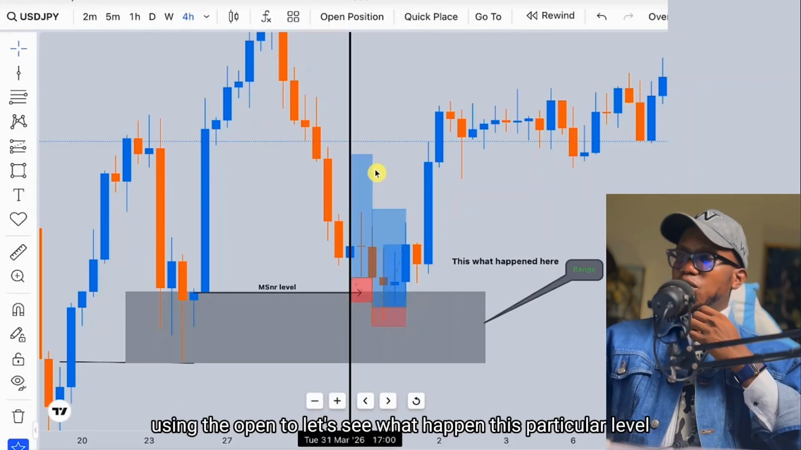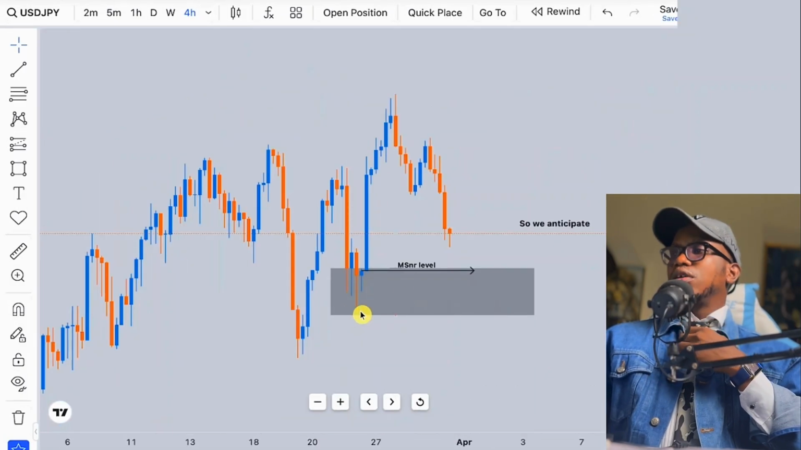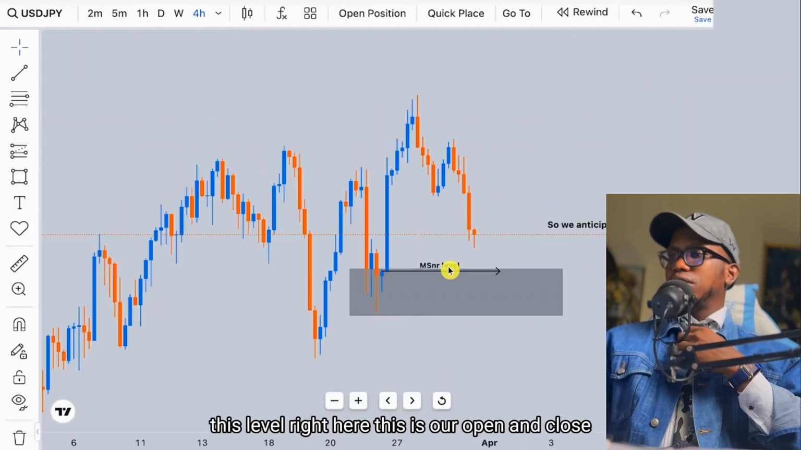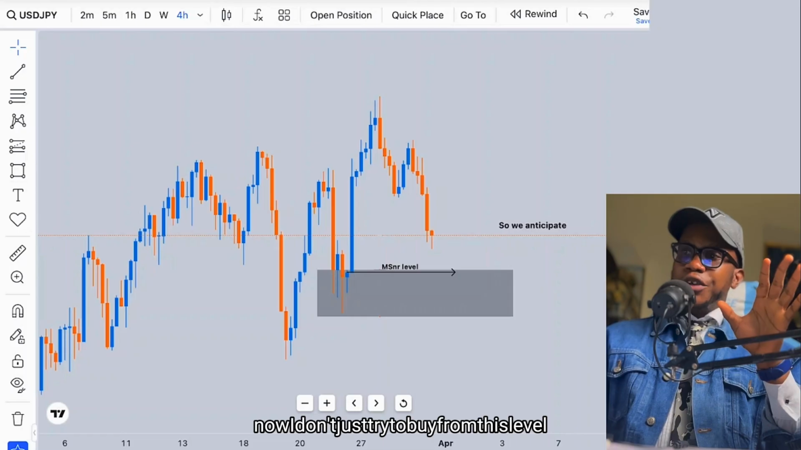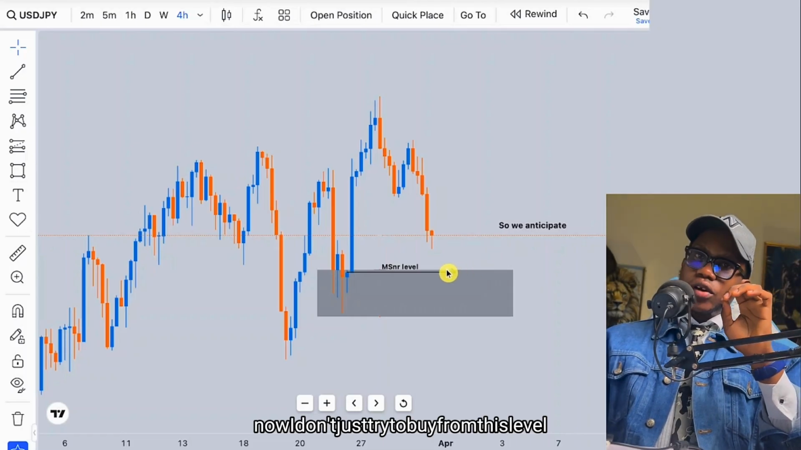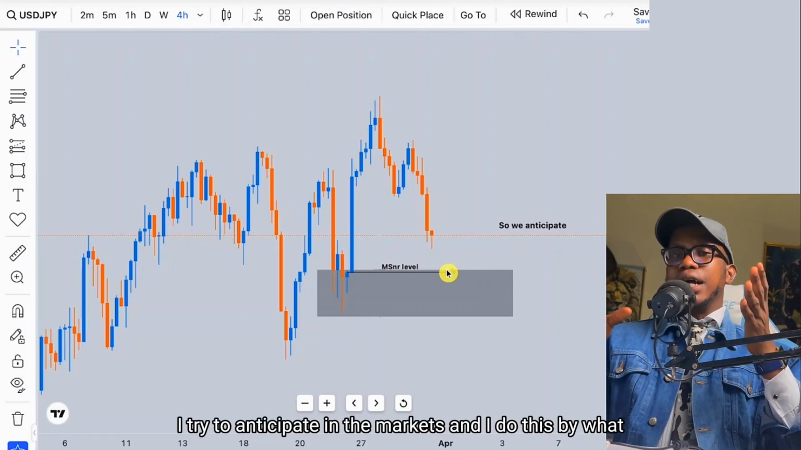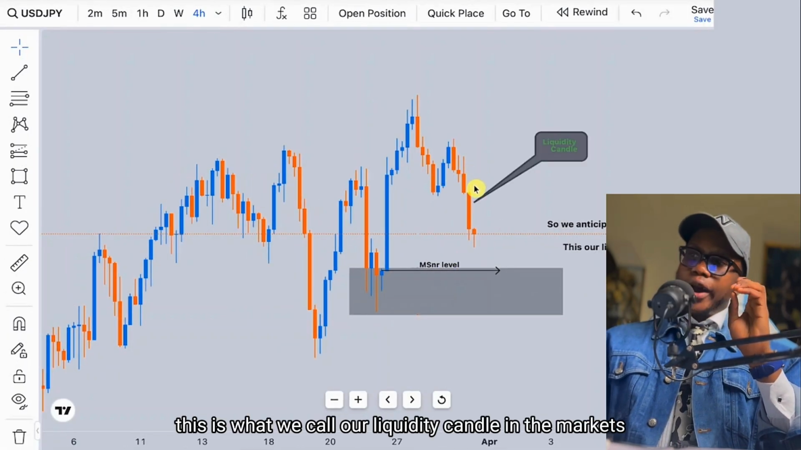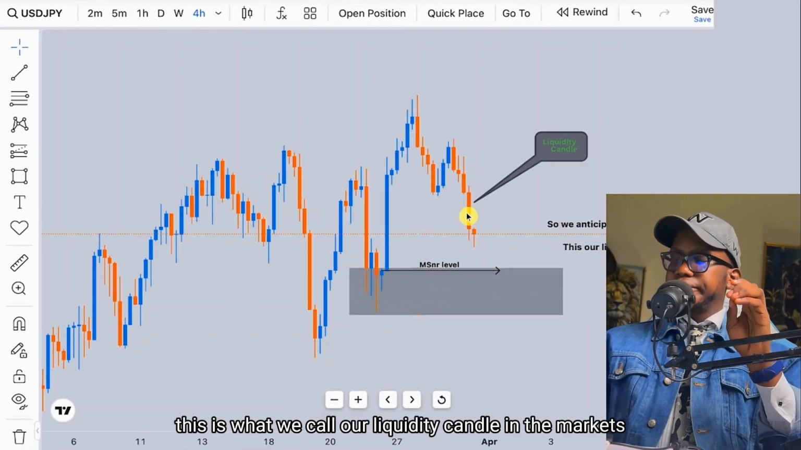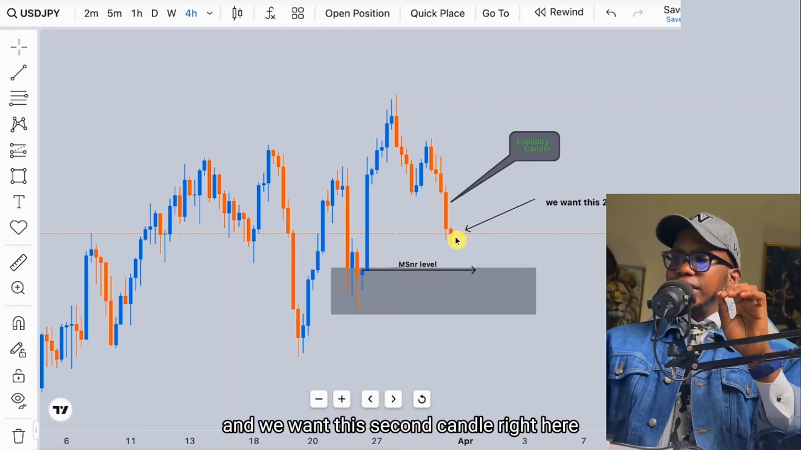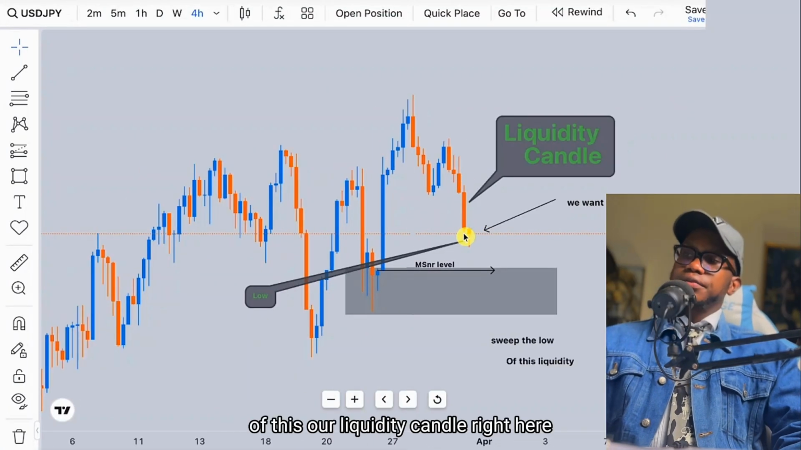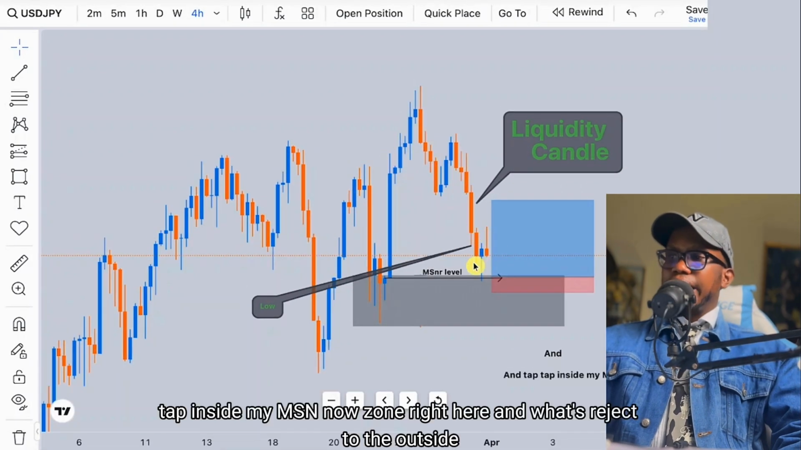Using the replay tool, let's see what happened at this particular level. We anticipate this level right here. This is our open and close. Now I don't just try to buy from this level, I try to anticipate in the market, and I do this by this is what we call our liquidity candle in the market, and we want this second candle right here to go to the low of our liquidity candle right here, and tap inside my MSNR zone right here and reject